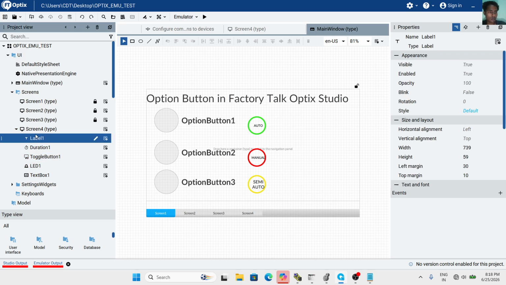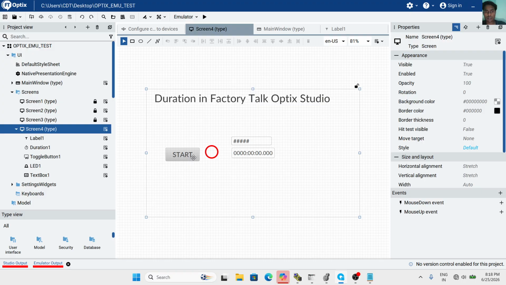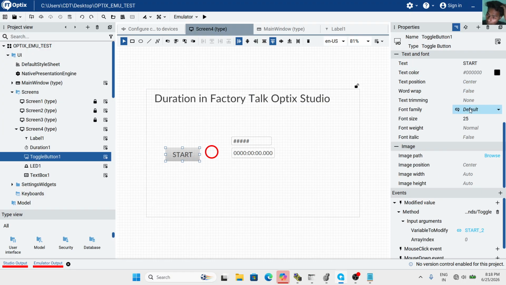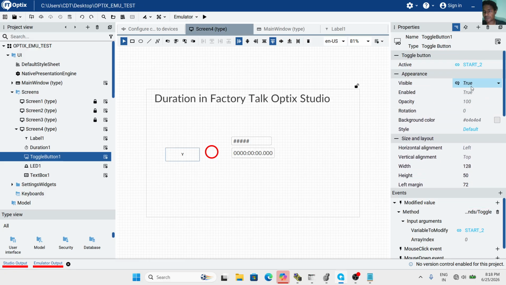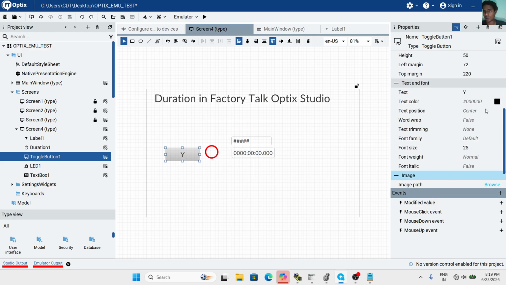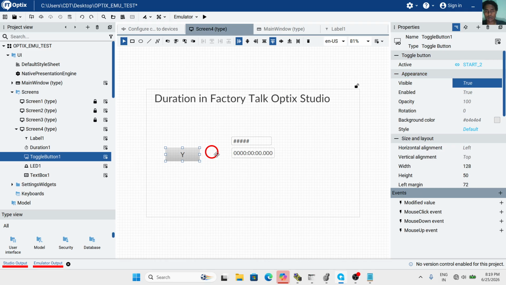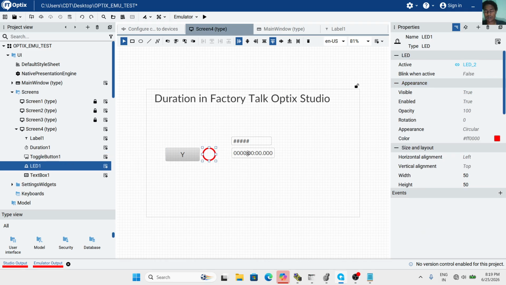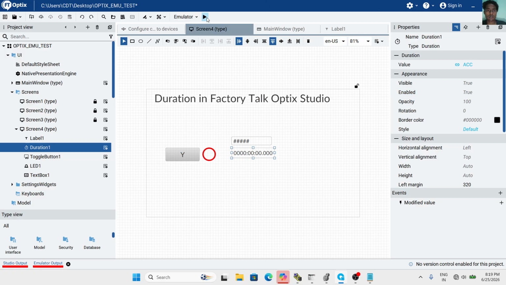Why is it not working? Go to the screen, the start PB command toggle bit, start PB text active. This is the wrong start tag, so I apply the right one. The accumulator is right.